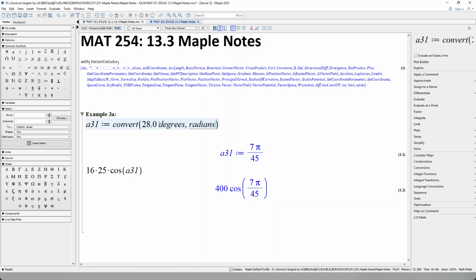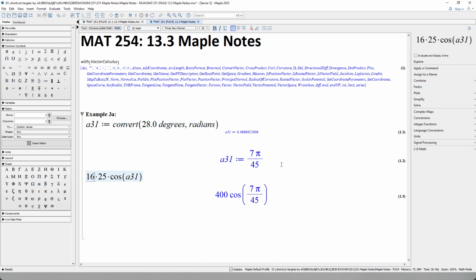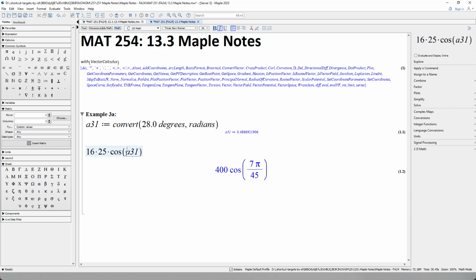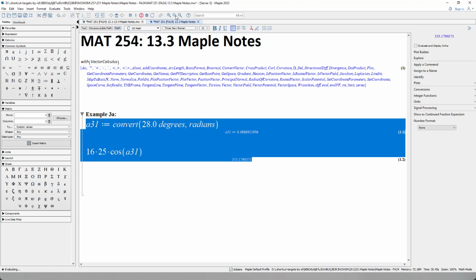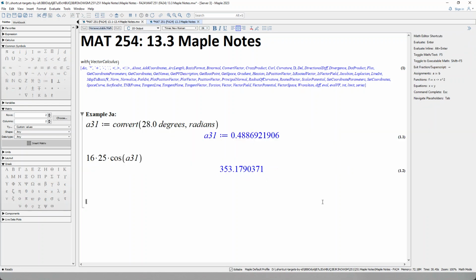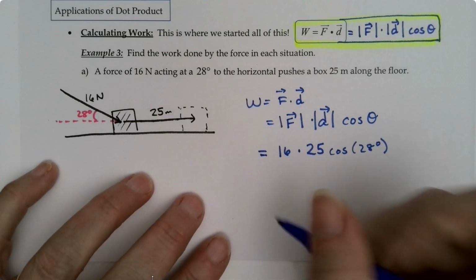And I'm going to hit enter. And now it gives it to me as a decimal. So now when I go to run this, it'll automatically change it to a decimal. So I'm just going to make the font big enough you can see it. So there we go. So we know that it's 353.18. Okay, so from Maple,